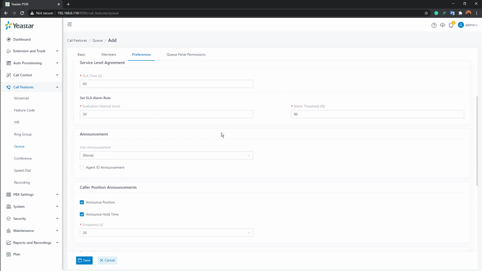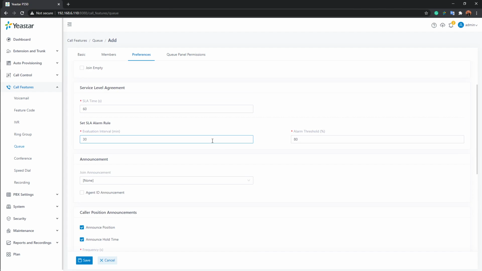Next one, service level agreement. This is something more important if you're really running a service center. Let's take a look. According to our default preset, SLA time is 60 seconds. SLA alarm rule, 30 minutes, which is the evaluation interval. Alarm threshold is 80%. So according to this preset, our system will calculate how many incoming calls you have in total and how many your agents handled